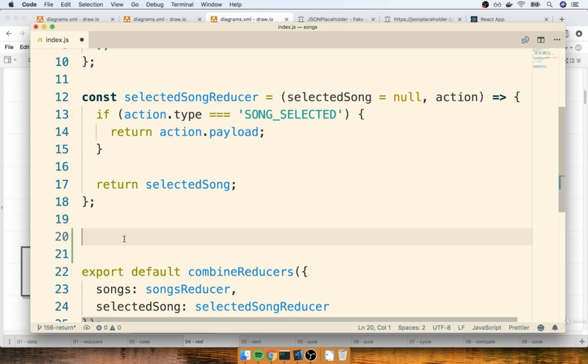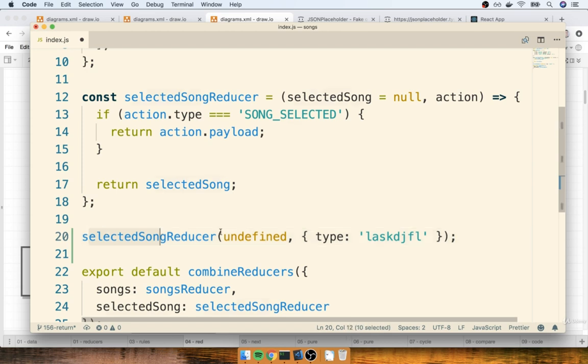So Redux internally did something like selected song reducer, and it passed in a first argument with a value of undefined. And then the second argument is going to be some initialization action object. We don't really know what type this action is going to have. We just know that it's going to be an action object with some mystery type property.